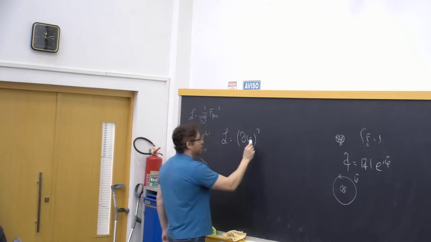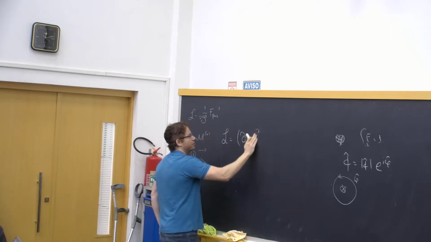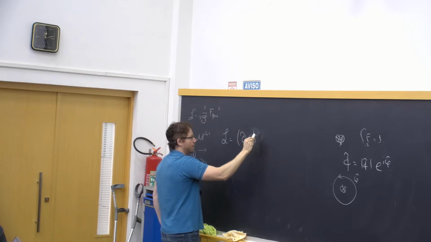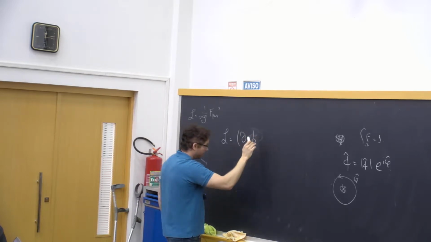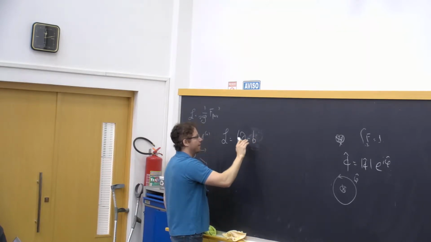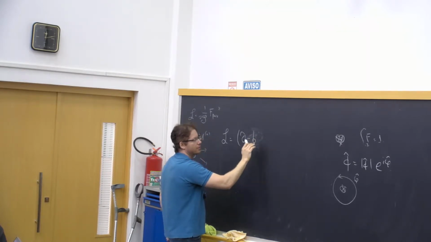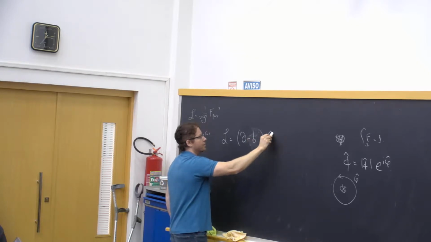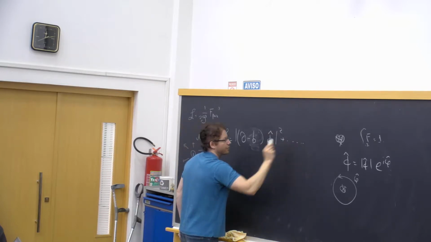However, now the Lagrangian is not (dφ)². There is a gauge field. So the Lagrangian is (d minus b) times φ hat. This is just the covariant derivative squared plus other things.